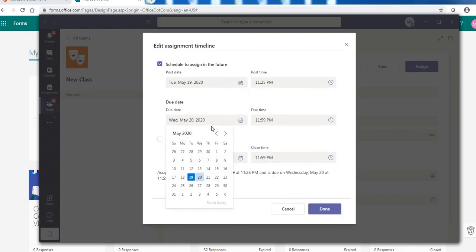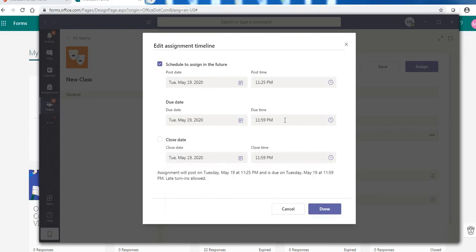Fine. And the due date I have to give here, 19th again is the due date, and I want that after 1 hour or whatever is the duration, it should be filled by this particular date and time. So let's say I'm just giving a 5 minute window here so that I can show you how it will work. So instead of 25, let's make it 24. Then you click on close date. Now the moment you click on close date, it comes here that late turn-in not allowed. It means that if the time limit is exceeded, no late turn-ins will be allowed.